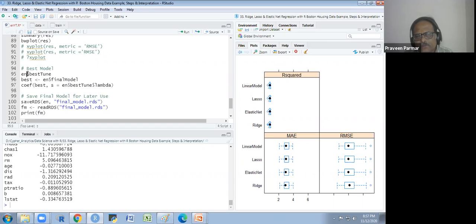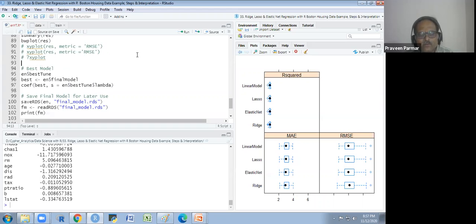We want something between them. Finally we get the elastic net model, which is the best one. The best tune is this one. You could use the best tune also for your lasso model, so you will get only the lambda value over there. Alpha would be 0 in the ridge.